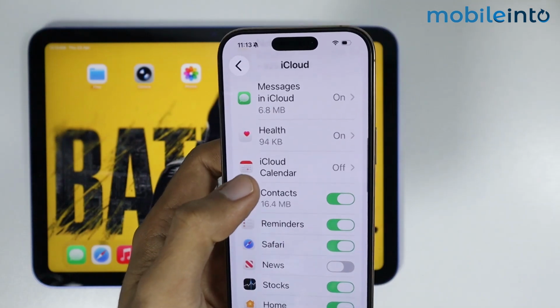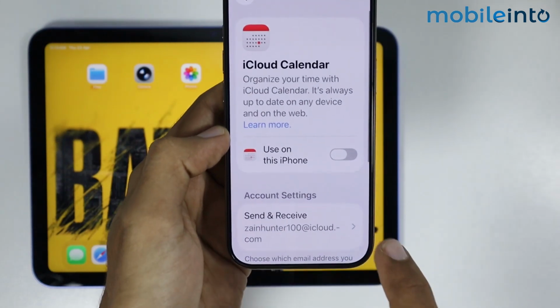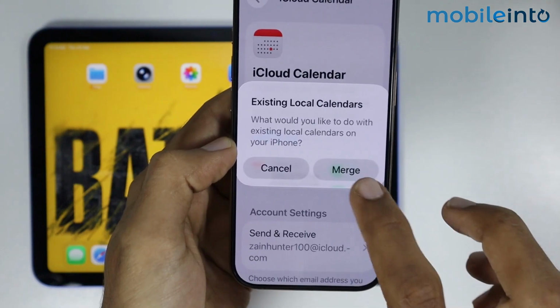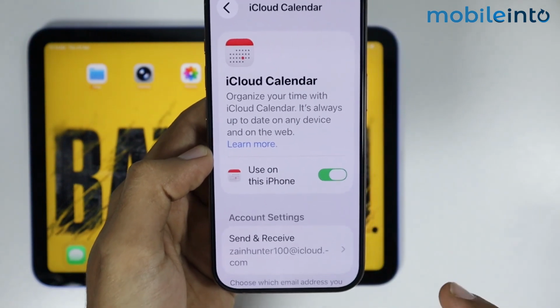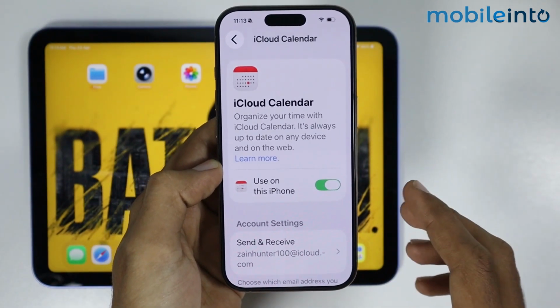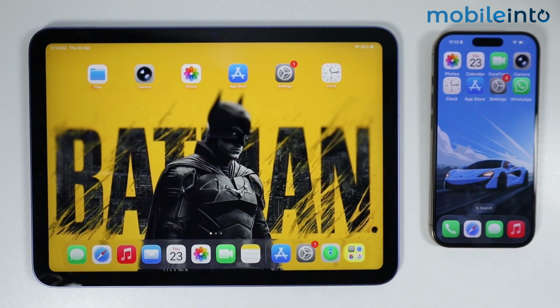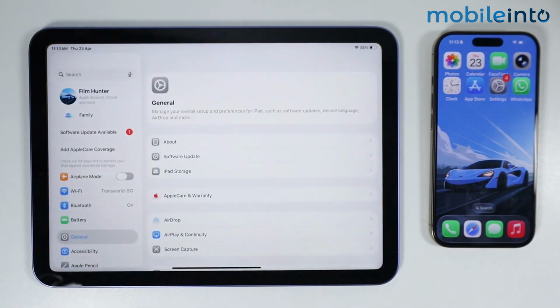After you find the Calendar app, just tap on it, and from here just enable the toggle for Use on this iPhone. Now just select Merge, and after you do that, you will sync the calendar of your iPhone to your iCloud. Now after you've done that, the next step is on your iPad, just go to Settings, then